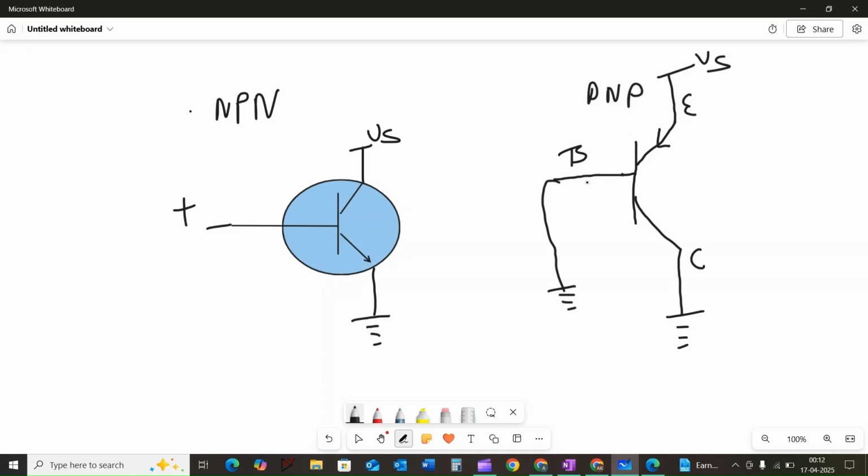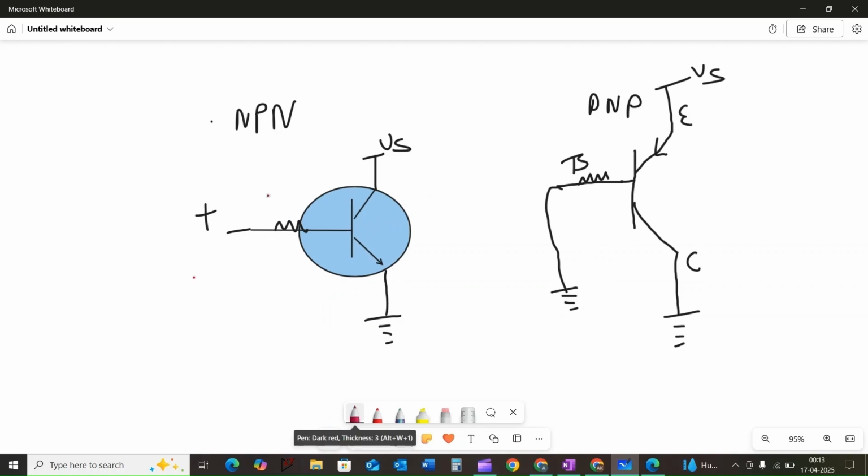It is crucial to include a resistor in series with the base terminal here to limit the base current. An excessive base current can damage the transistor by allowing a large collector current, leading to overheating. In an NPN transistor, the current flows into the base terminal of the transistor, whereas in a PNP transistor,